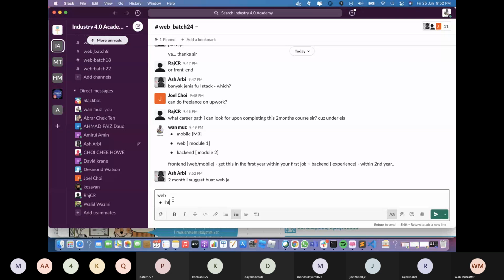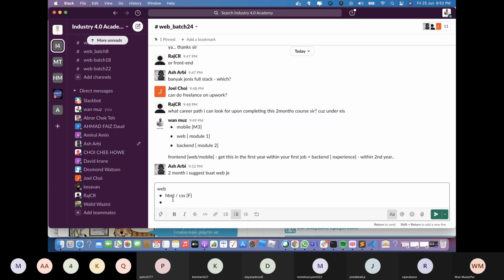But there is one thing, HTML, CSS, and JavaScript, right? HTML, CSS. If you have F, then you can, right? If you have F. Another one is detail oriented. F plus detail oriented. I can't remember what is detail oriented. What is the